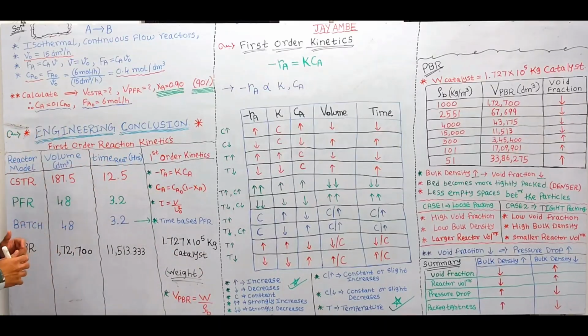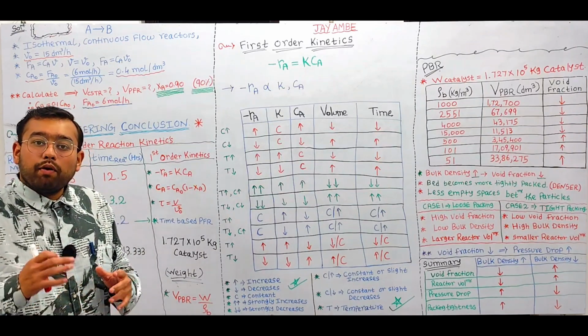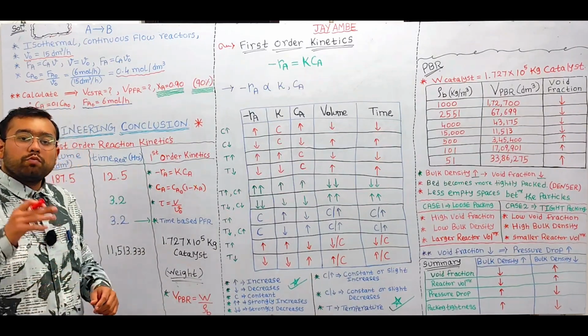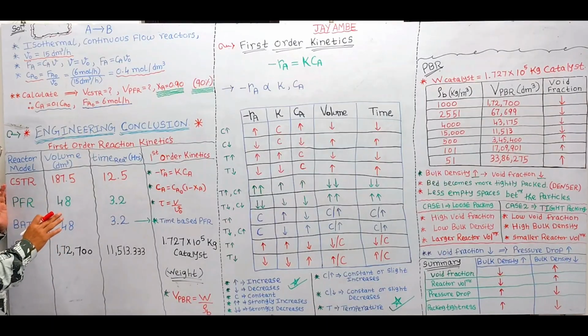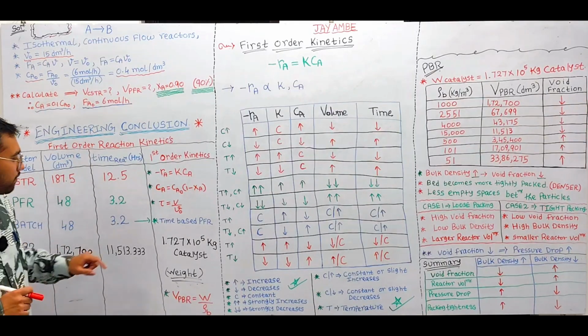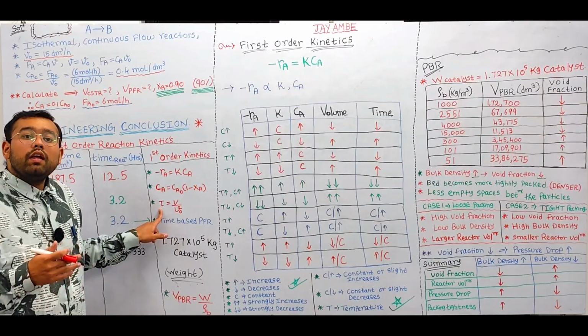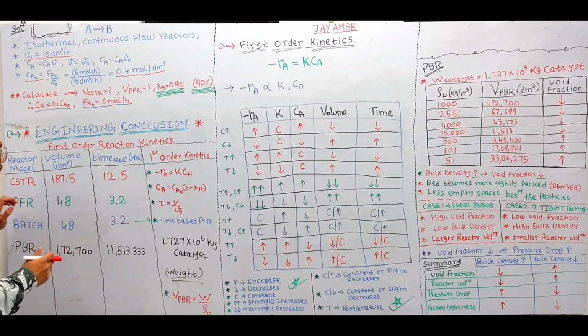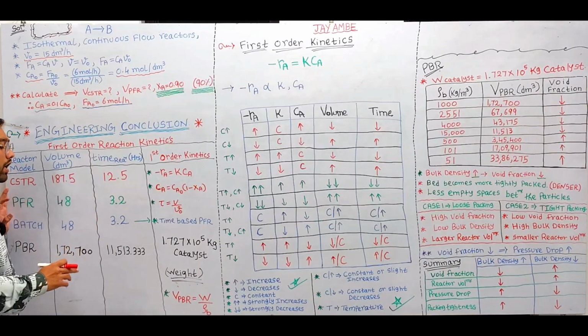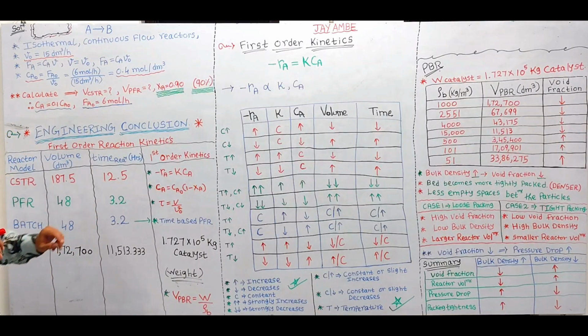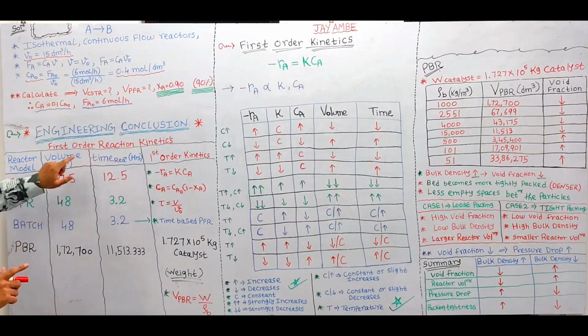Now, in order to design the volume of the plug flow reactor, we have used the performance equation of the plug flow reactor. By using the concept of the performance equation of the plug flow reactor, we have calculated the required volume, which comes out to be 48 cubic decimeter, right? And by using the fundamental concept of the space-time, we have calculated the reaction time, which comes out to be 3.2 hours,